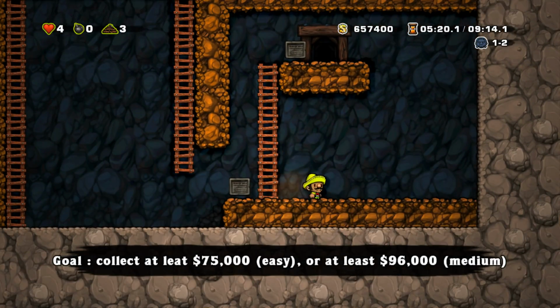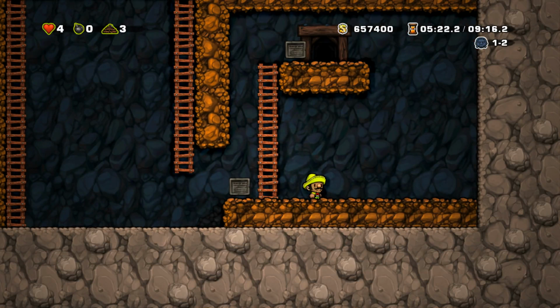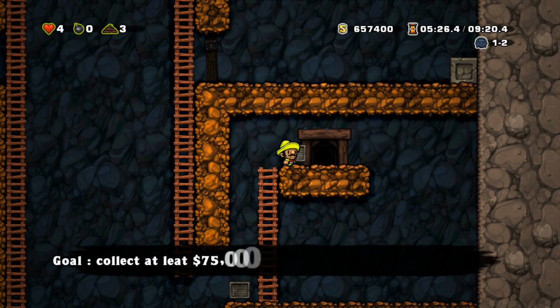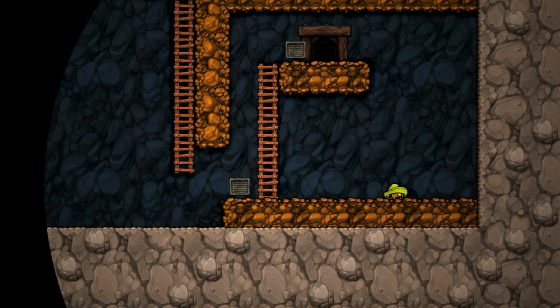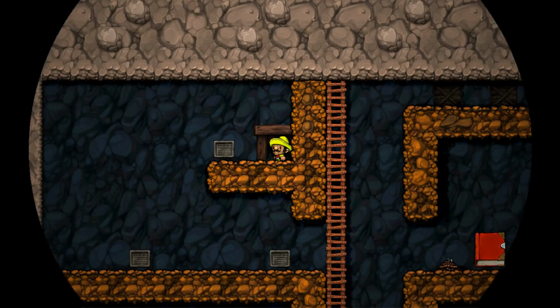75,000. Is it pretty close? 575,000. It'll be a little over 75,000. So easy. I went a little bit easy, but did not get to medium. Let's restart this because now I'm genuinely curious to see if I do the optimal thing, which is crushing everything